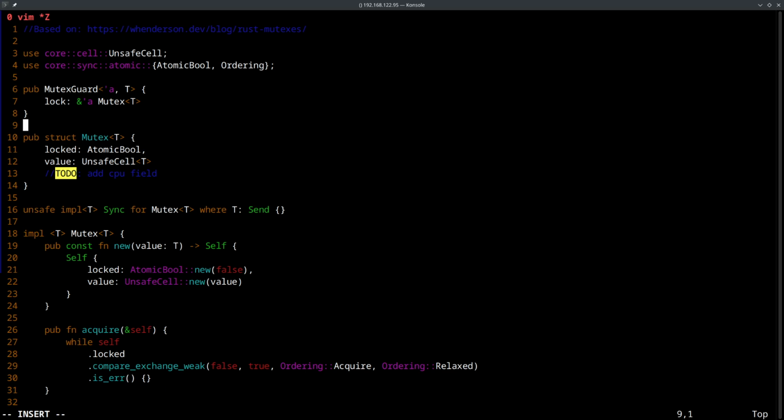So this just means that if our lock goes out of scope, the mutex is still allowed to live until lifetime A. So the reference might still be valid if our mutex, not our mutex, if our mutex guard goes out of scope. Okay, so